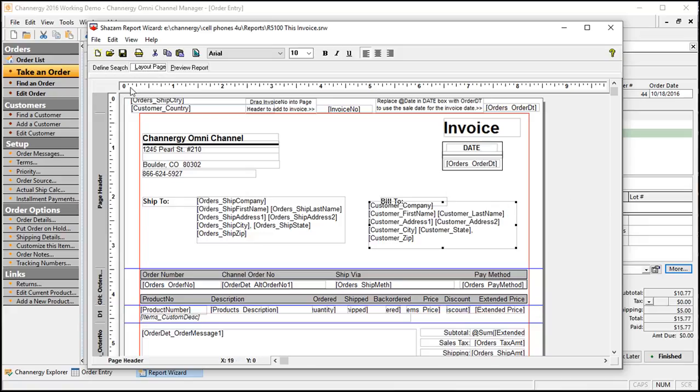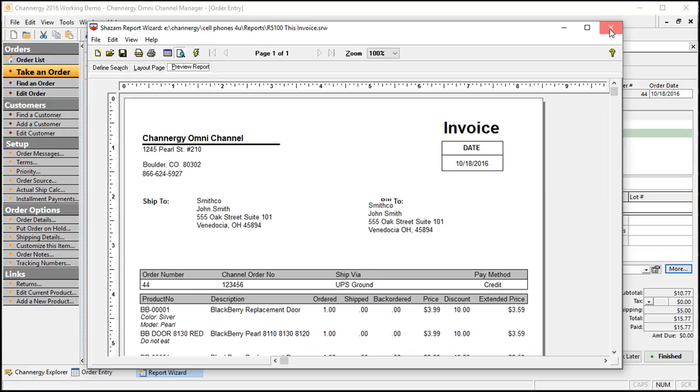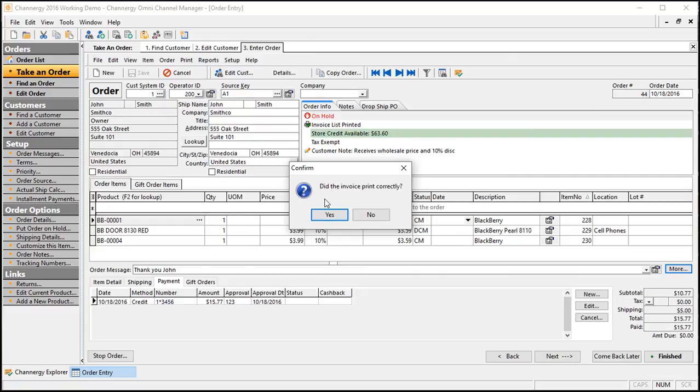It's also got its own built-in query tool. Looks a lot like Access if you're familiar with that. So you have tables up above, fields down below. You can put filters and prompts on it, etc. Again, a very powerful tool. We'll cover this in more detail in the reports video, but wanted to give you a quick peek of what it looks like. Here we won't save our ugly changes, but we will say it printed correctly, and it will